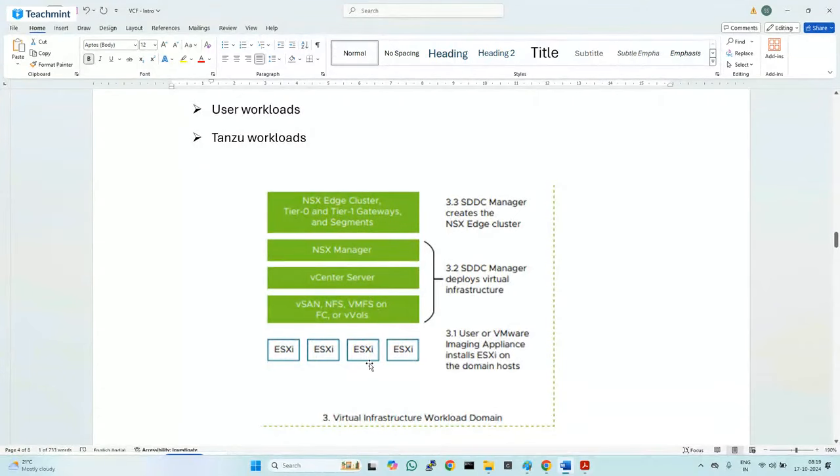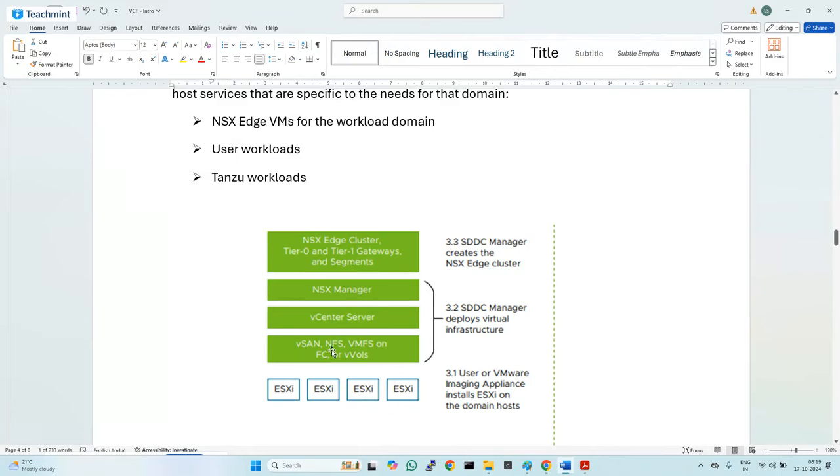Minimum 3 hosts are needed. You can increase up to 64 or even more. Okay, so this is called workload domain. Here, all the storage models are supported. vSAN, NFS, VMFS, vVols, many other storage models are supported. And here we will have